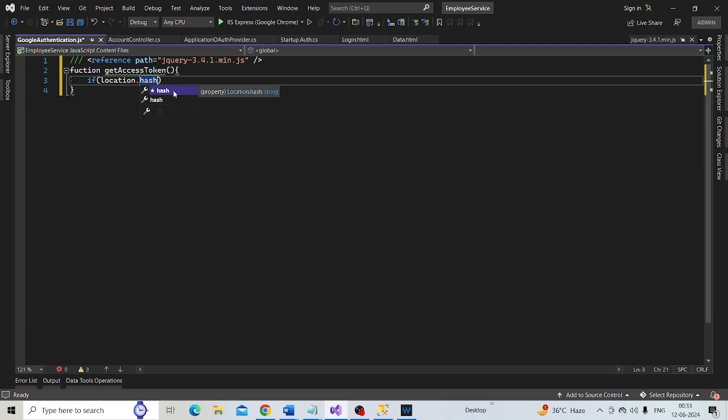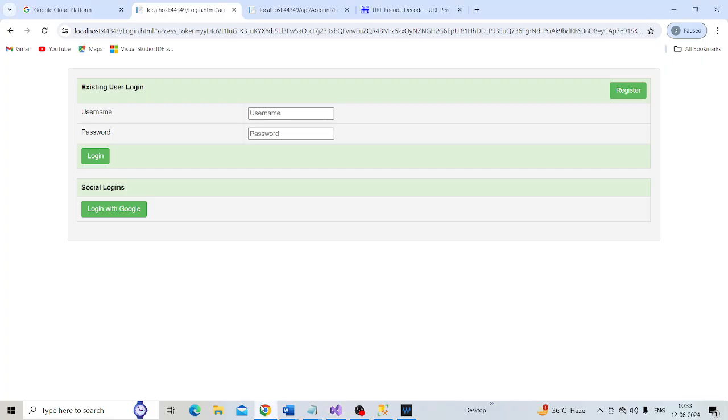So basically this is going to check if the URL has got a hash. If the URL has got a hash in it, notice within our URL, after the hash we have got the access token. So location.hash is going to return us the hash and whatever we have after the hash.